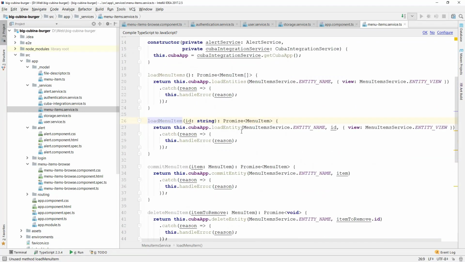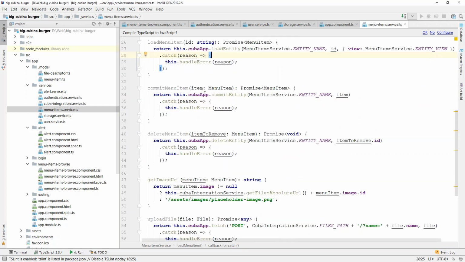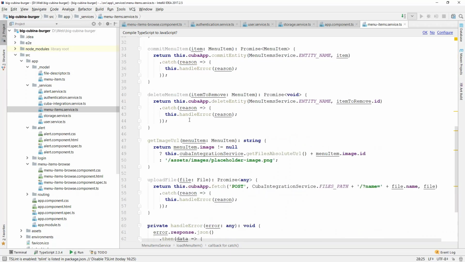So I've added load menu item to load a single menu item by its ID. I use the load entity method from the Cuba app, and I pass the entity name, its ID, and the entity view to load a single entity. The commit menu item method invokes the commit entity method with the entity name and the particular item to commit.